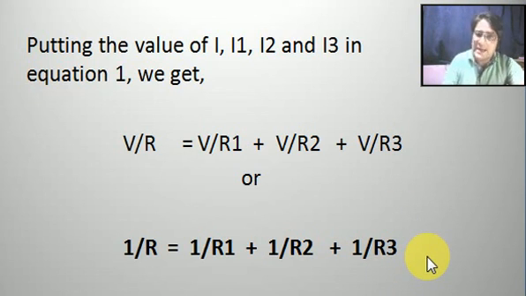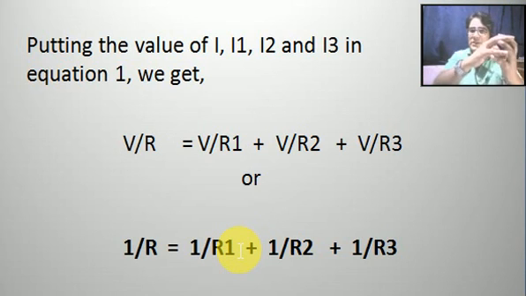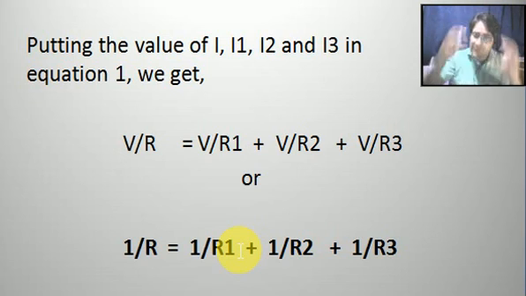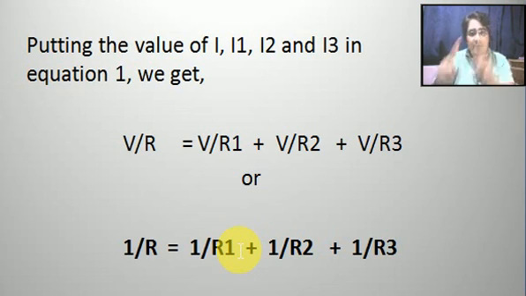So we can get here that the reciprocal of the resultant resistance is equal to the sum of the reciprocals of the individual resistance. So when the resistors are connected in parallel, the reciprocal of the resultant resistance of the circuit will be equal to the sum of the